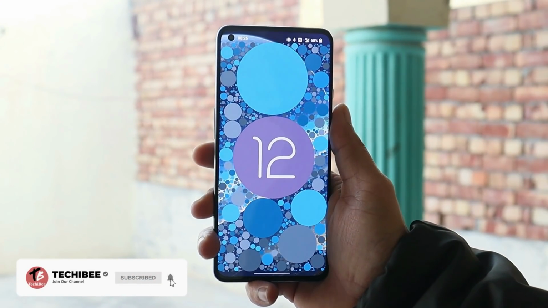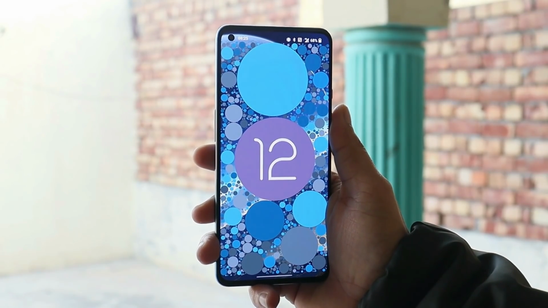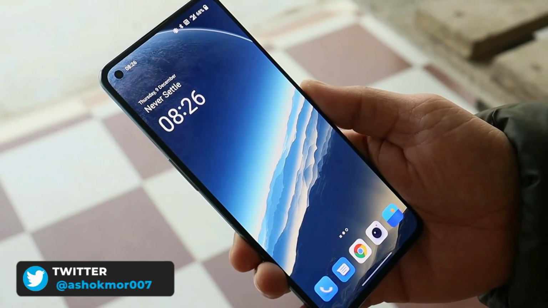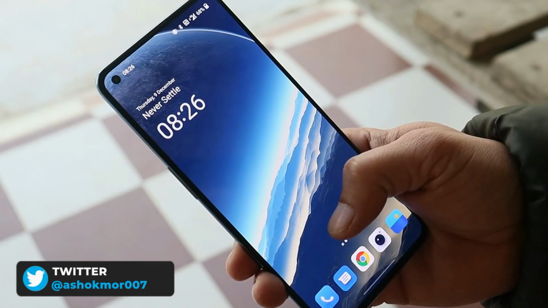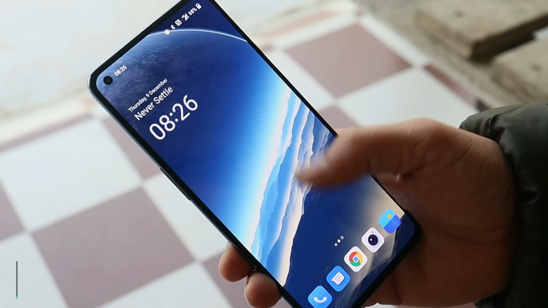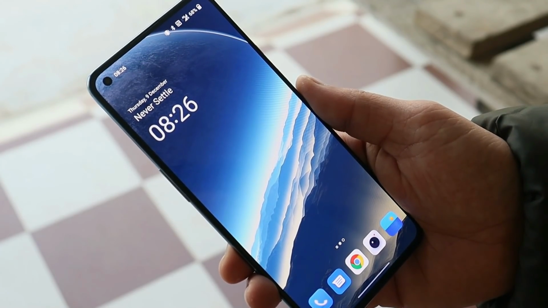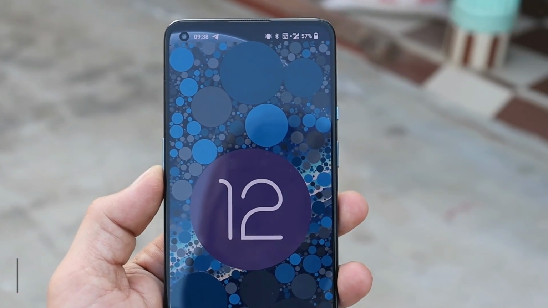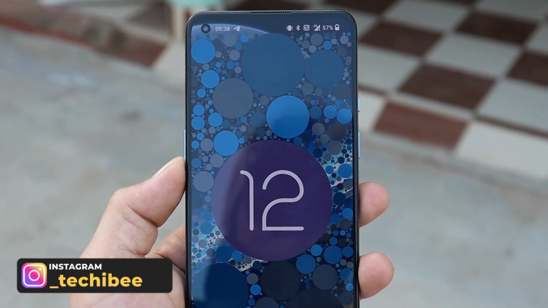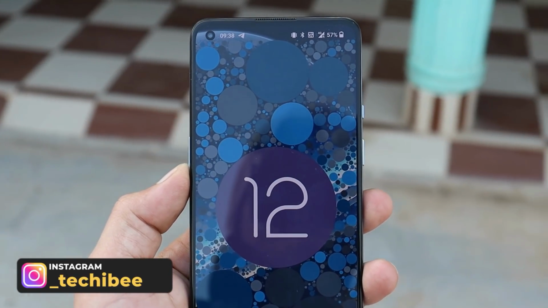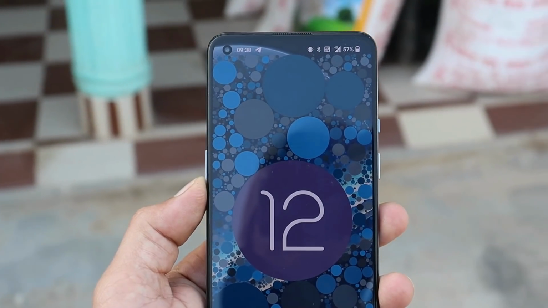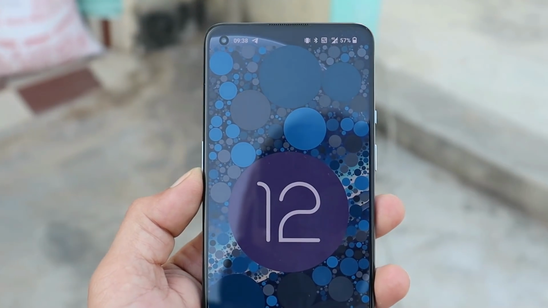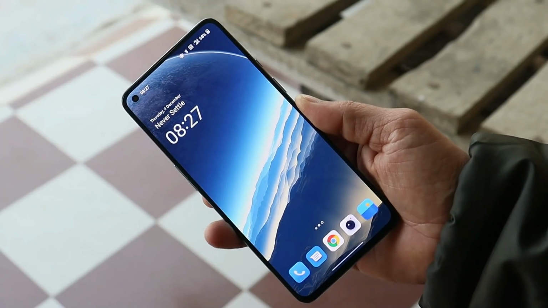In this video we'll review Oxygen OS 12 stable build for OnePlus 9 series. Many users have been waiting for this video so that they get to know the bugs present on Oxygen OS 12 and decide whether to update it or not. So in this video we'll try to cover almost everything, what all issues I have been facing on Oxygen OS 12, later performance part, camera improvements, and at last battery backup. So let's not waste much of time and start the review video.